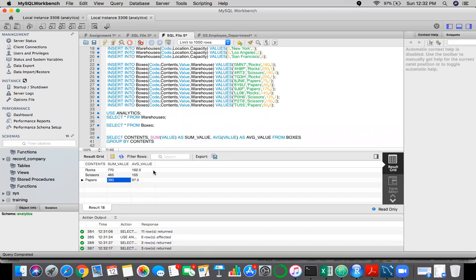If you are aware of Excel, in Excel we do similar stuff using pivot functions if the data size is small. We use pivot tables. Okay, so that is it. Now what we'll do is